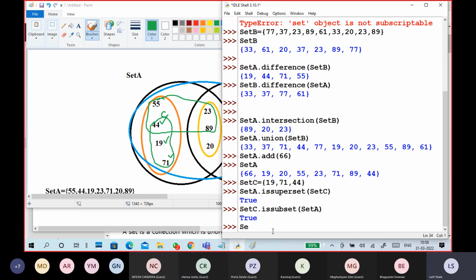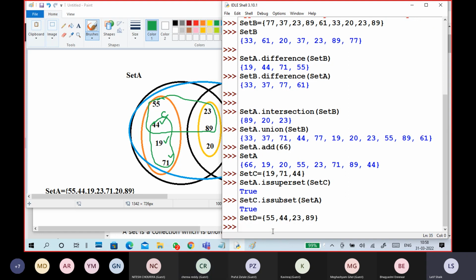Otherwise you can create set D. In set D I put 55, 44, 23, 89. This is set D.